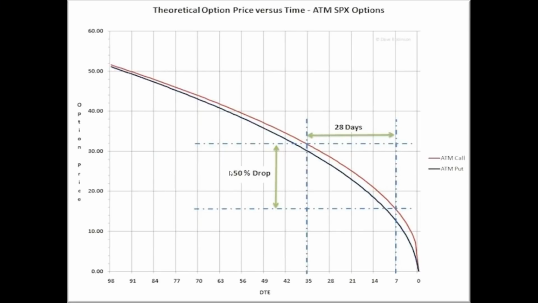So picking the right duration, the one we're selling, we want to be as close to 38 or 35 days to expiration as we can. And on the one we're buying, we want to be out here in the 60 to 70 days to expiration, if at all possible. Even further is fine as well. All right.